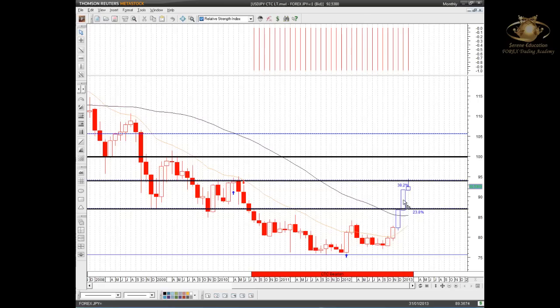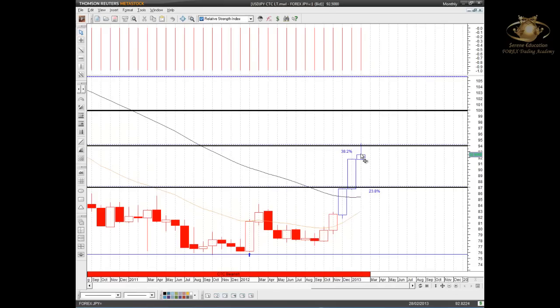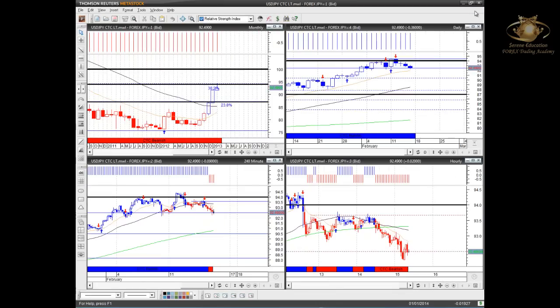Price has now moved to the upside going into the new year, and in doing so, breaking major Fib retracement areas in the shape of the 23.8, and subsequently heading higher into that 38.2. Price has this week unfortunately stopped at the 38.2, which is a nice round number at 94, and you can see we're starting to see a lot of consolidation at this level.